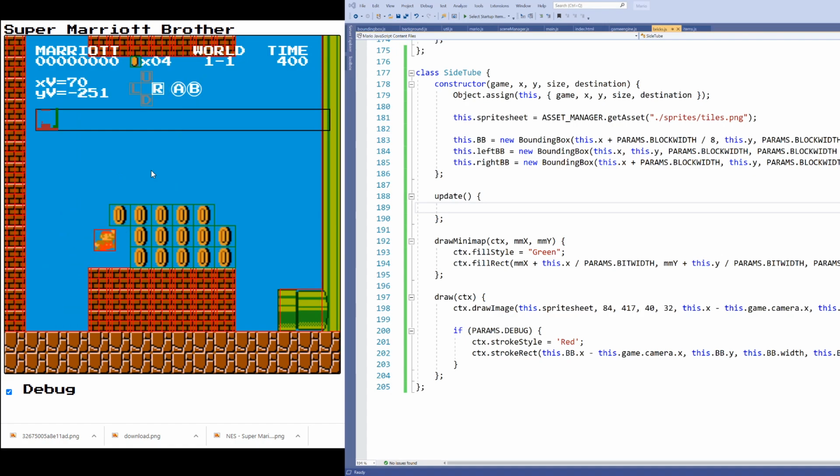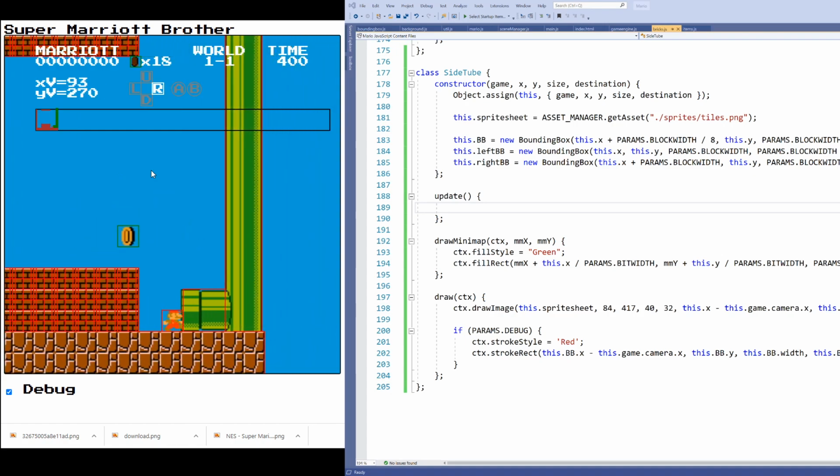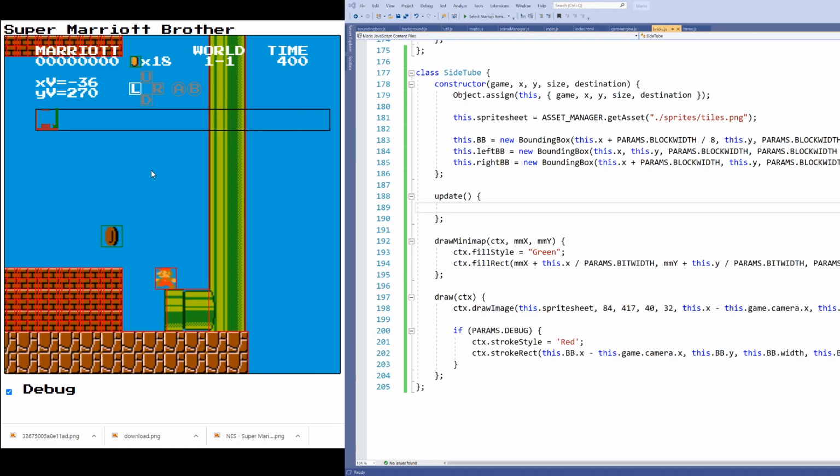And it looks like we've got our tube working well here, and I can run into it, and I'll have to now take care of the actual scene transitions. How do I move from the main level to this level, and then when I'm done here, back to the